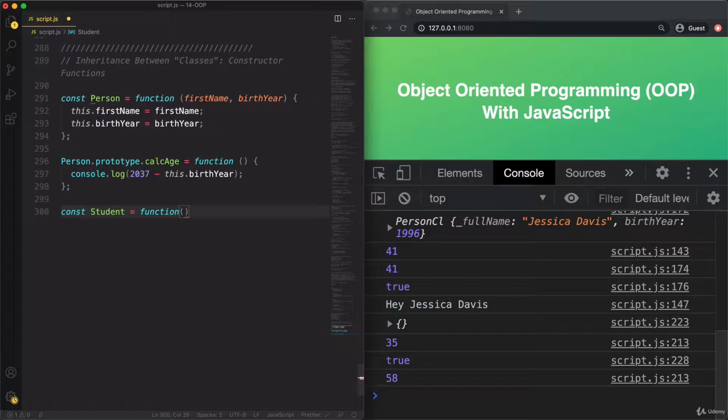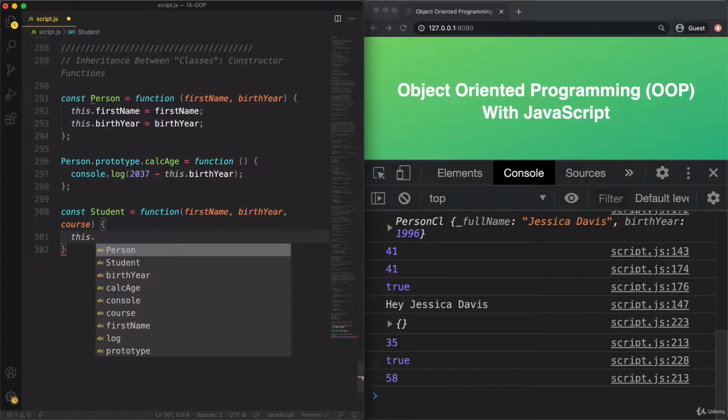Now usually we want a child class to have the same functionality as the parent class, but with some additional functionality. And so usually we pass in the same arguments, but then also some additional ones. So that's going to be again first name and birth year. And then we will also pass in the course.